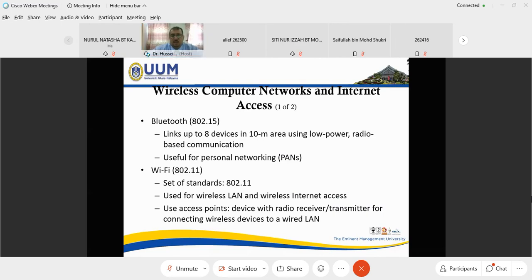Wireless computer network interface. How can we log in wireless? In wireless, we have different types. Bluetooth. Bluetooth is not so fast and not for long distance, just a short distance.